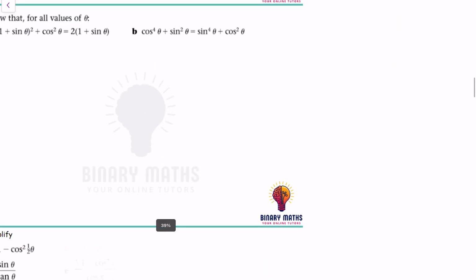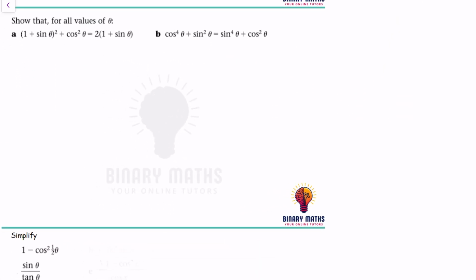Okay, next one. Show that for all values of theta, 1 plus sine theta all squared plus cos squared theta is equal to 2 times 1 plus sine theta. So again, I feel like the left hand side is more complicated here. So left hand side is equal to 1 plus sine theta all squared plus cos squared theta,